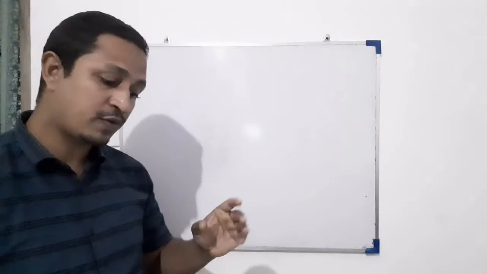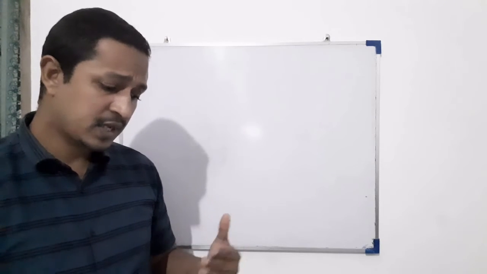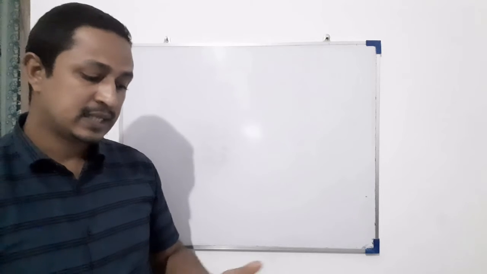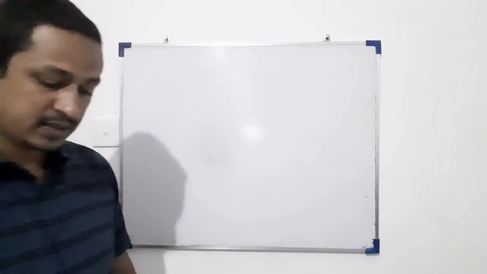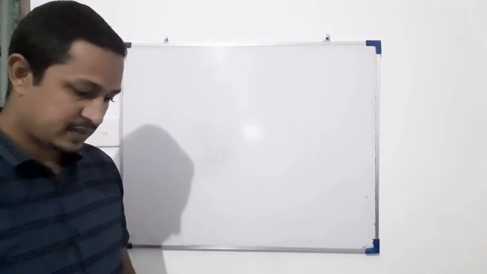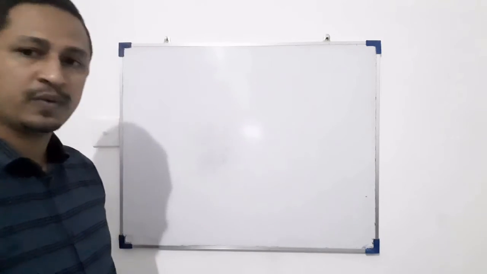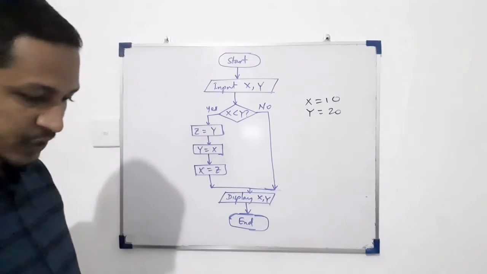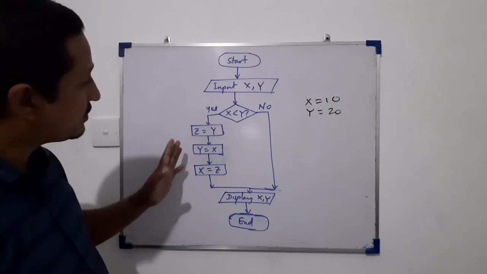C, a foreign key of one table is the primary key of another table. That is also correct. So the answer is fourth one, all A, B and C. Then we come to question number 24. Question number 24 is related with an